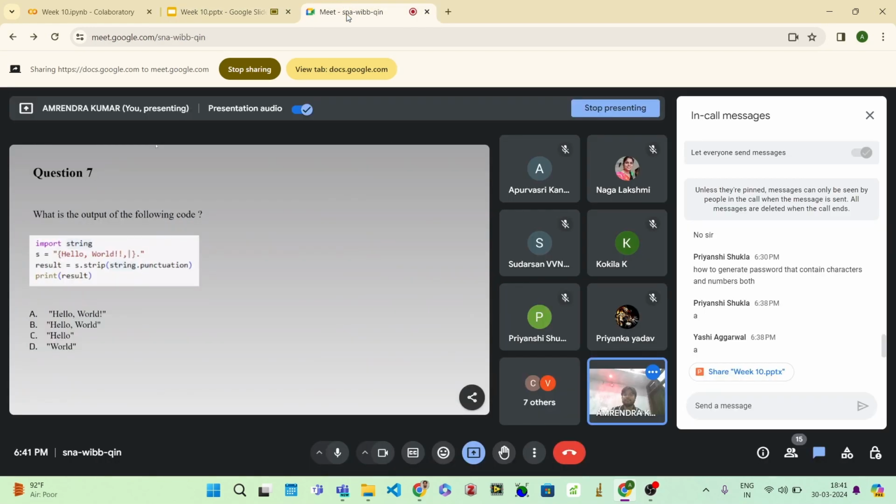Now, our next question is, what is the output of the following code? Here you can see we have imported a string module, and then we have a variable s where we have given hello world inside brackets, and then there are a lot of exclamation marks and other special characters. And then I'm defining a new variable result where I am using the strip function, and then I'm saying string dot punctuation for the